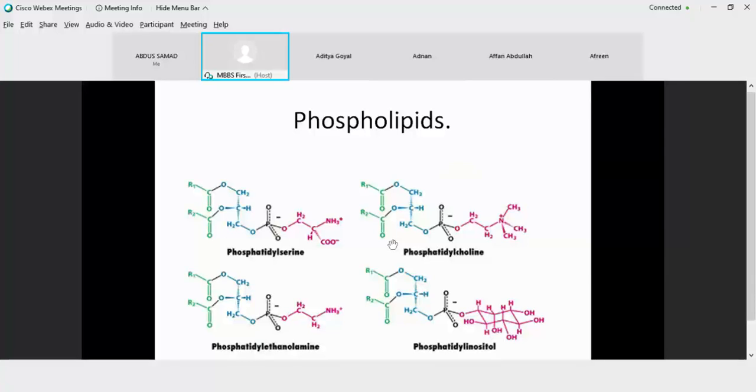Structures are not asked. The only structure that you would be remembering is that of serine, because phosphatidylserine is a phospholipid from which the metabolism will start, and you will be deriving a number of phospholipids. So just one has to be remembered. You need to remember the backbone of an amino acid, and it is made up of CH2OH. It's an alcoholic amino acid. The rest, even if you write phosphatidic acid, that will help.